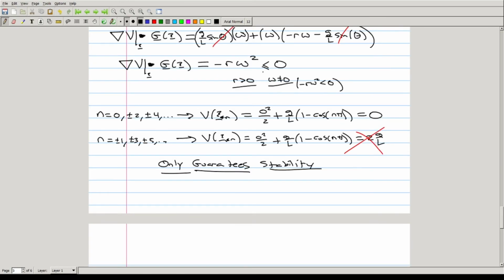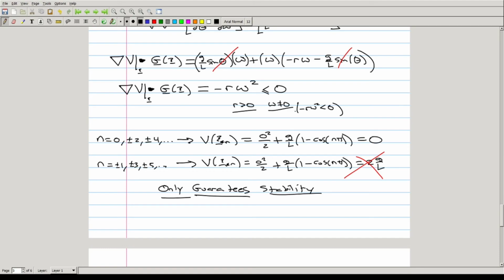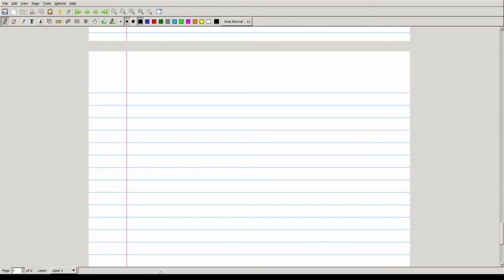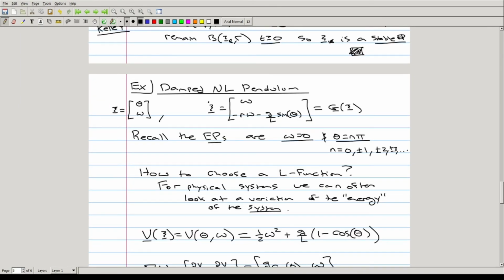This is not a strict Liapunov function. And this is sometimes an issue that we'll hopefully resolve by the end of the lecture today, because we do know that these points for this example system of differential equations, because of the damping term here,